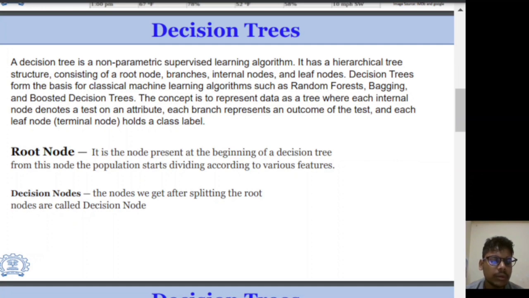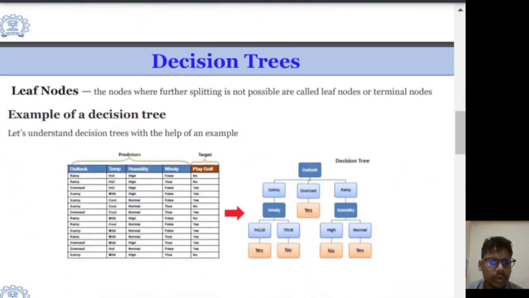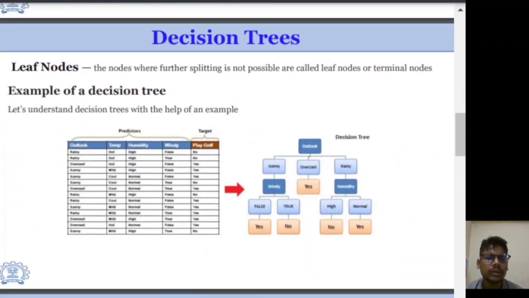First is the root node, which is the starting point of the tree. It is not present at the beginning of a decision tree for these nodes. Second, after the root node, we split into decision nodes. Now the leaf node is the last instance where we cannot split the data sets any further. Now for more understanding